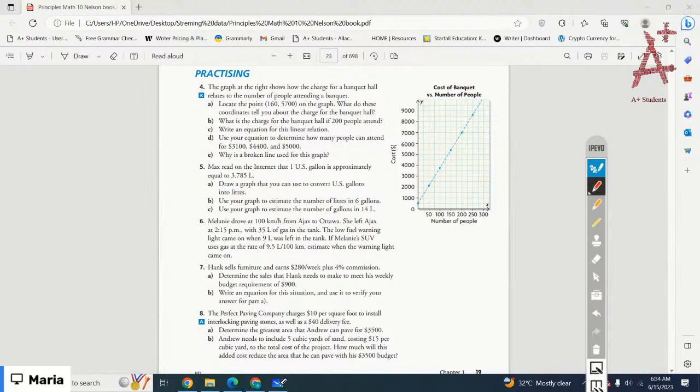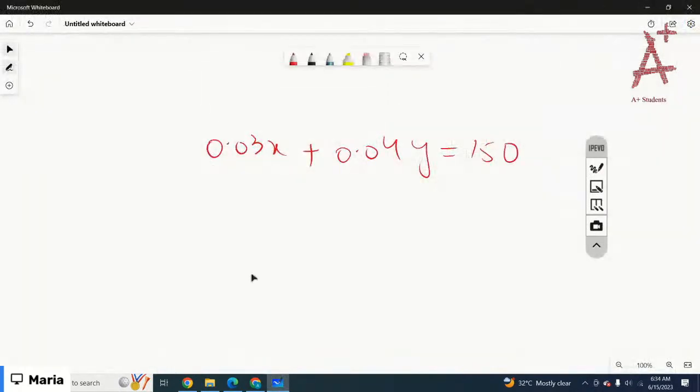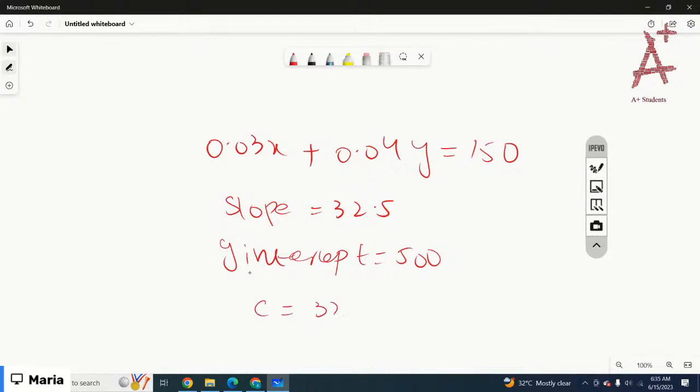So the equation of the relation would be, the slope is 32.5. Got it? And the y-intercept is 500. So the equation would be C equals 32.5 n plus 500. Got it? Okay, now the next part is,